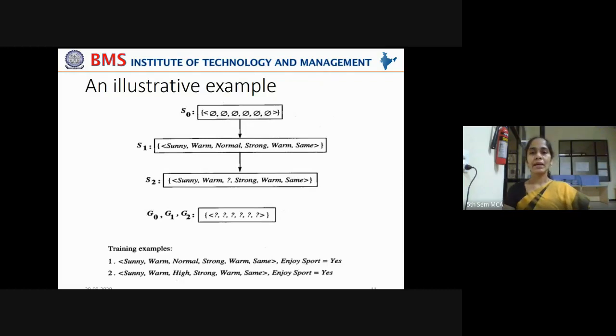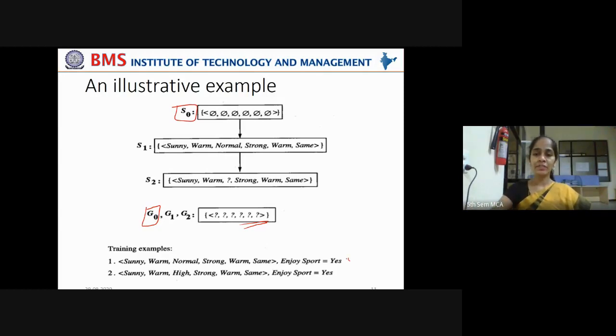Now, focus carefully. You will understand it very easily. Initially, what are the first 2 steps, simultaneous steps? Initialize the boundary set G with the most general hypothesis. That is what we are doing, right? G naught is initialized with the most general hypothesis, and S naught is initialized with the most specific hypothesis, right? Now, we started with these 2 only. Don't see anything related to this second and third parts. Okay, we started with the most general hypothesis and most specific hypothesis.